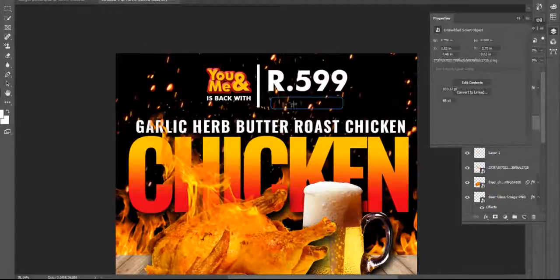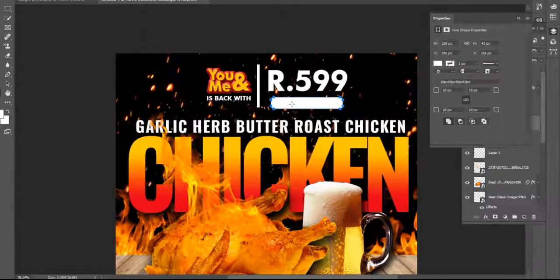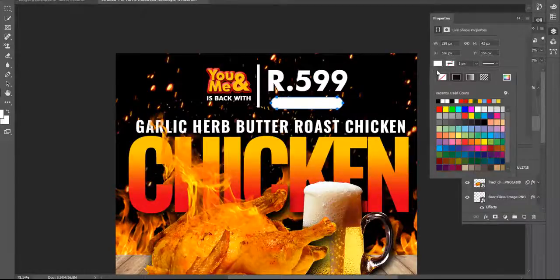If you want to give some more rounded corner, when I make this round rectangle, a new palette pops up. It's called the property palette. In the property palette you set the corner radius for each corner. So I just enter 50 pixels for each corner, so it looks like a rounded rectangle. And if you want to change the color, just select the color you want.